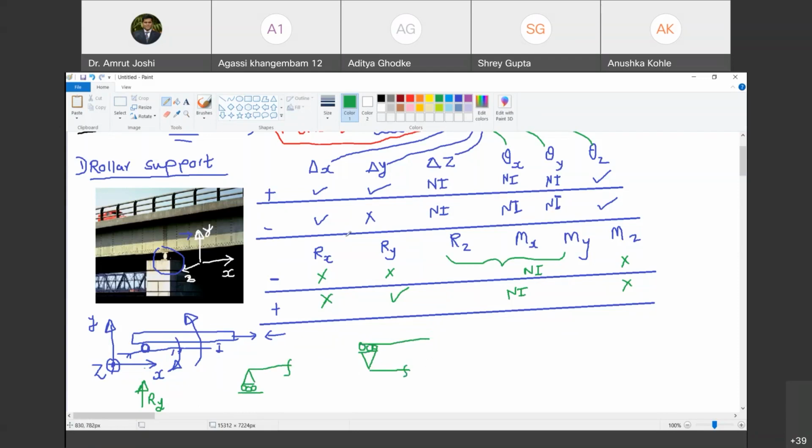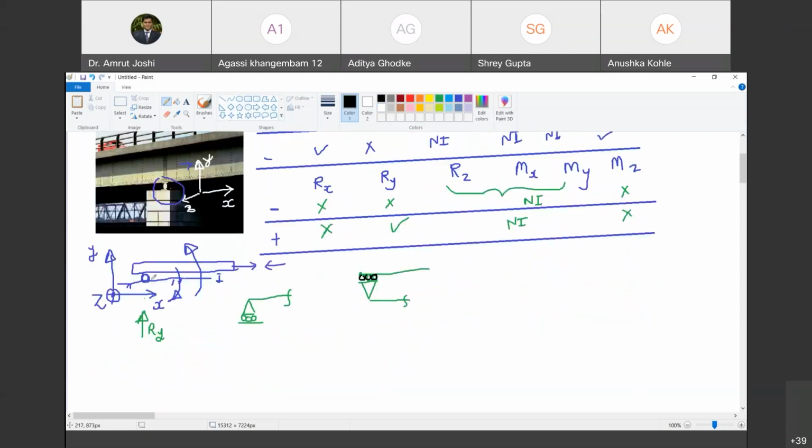Look. Reaction in RX direction? No. See, or negative y direction. Yes, but which one? This roller support was able to offer upward RY. This roller support will be able to offer only downward RY. Yes, sir. Are you with me? Yes, sir. Are you able to understand that? Yes, sir. So we call this an inverted roller support. So you have a roller support and an inverted roller support. They can offer reaction only in one direction, and that too force reaction.